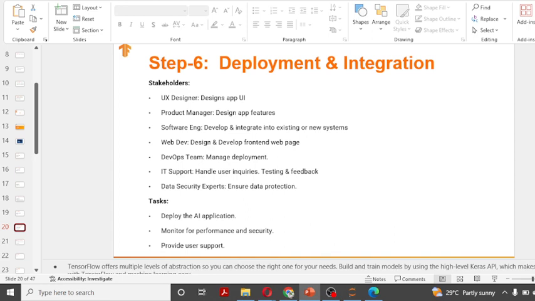Task: deploy the AI application. You will be deploying the AI application. You will be monitoring its performance and security, and you will provide user support if users get any kind of issues. Because whenever you push your model into production,